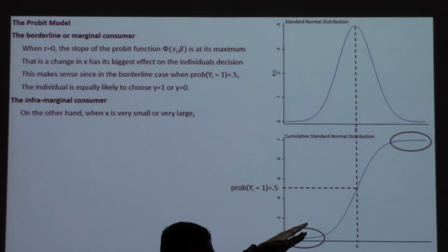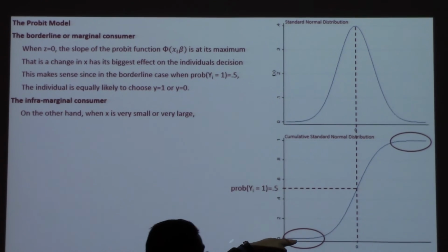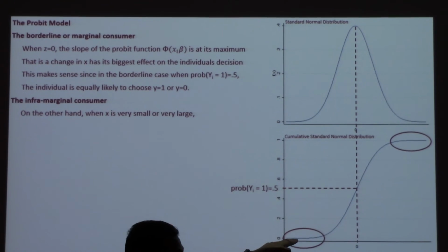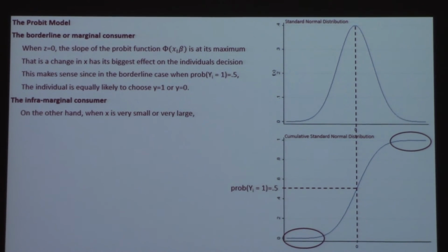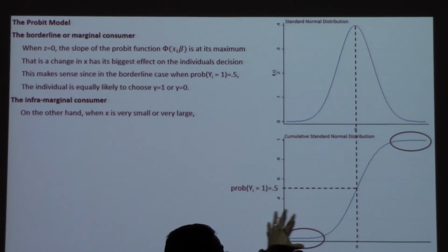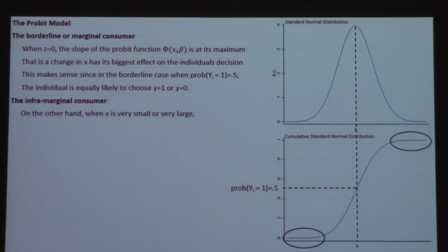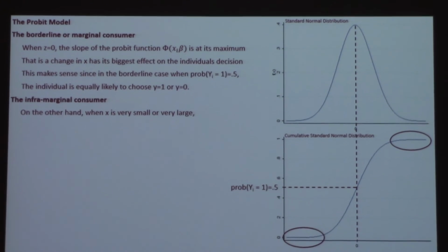Remember, the slope represents the effect of the independent variables on the dependent variable, which is your probability of purchasing. It has its biggest effect here. What's the slope here? What's it close to? Zero, exactly. So that means literally these people aren't going to buy. Fiddling around with price, or whatever the independent variables, in this neighborhood isn't going to have much of an effect. You've made your decision, you're not going to buy, you're out of here. There's not a whole lot anyone can do to change your mind. Your mind is pretty much set.